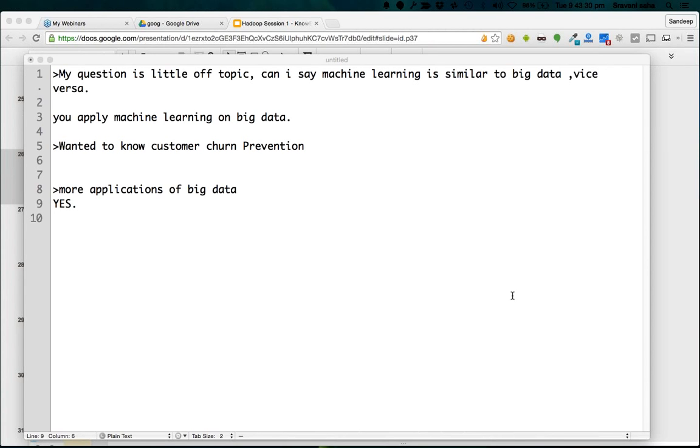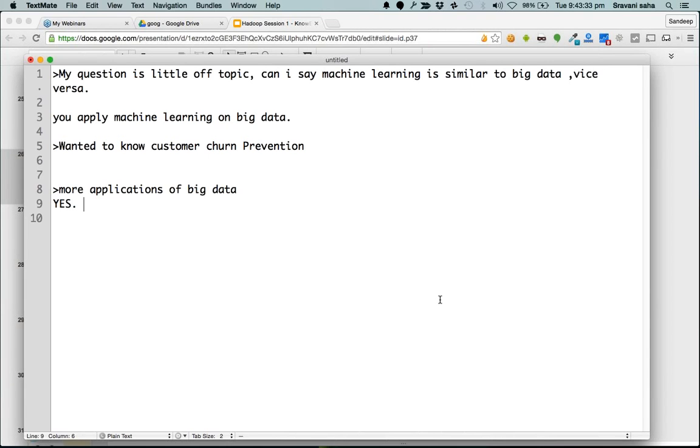Be it banking. In banking, other than normal transactional data, which is very small compared to the other data, there are many varieties of things, such as figuring out the credibility of somebody who is seeking a loan, or somebody who is seeking insurance, and figuring out how risky it is to give the insurance. There are many applications of big data in banking.